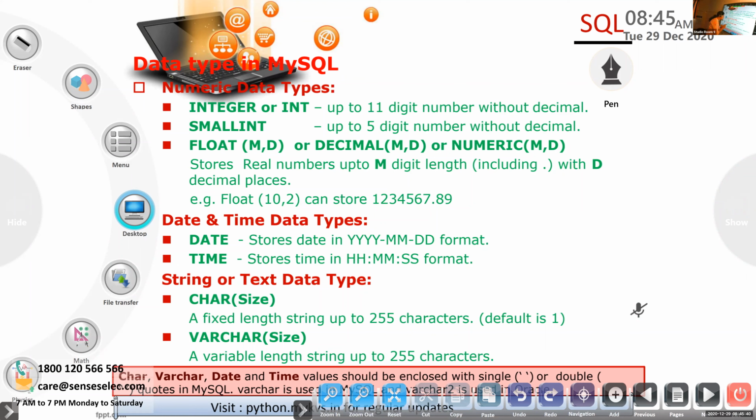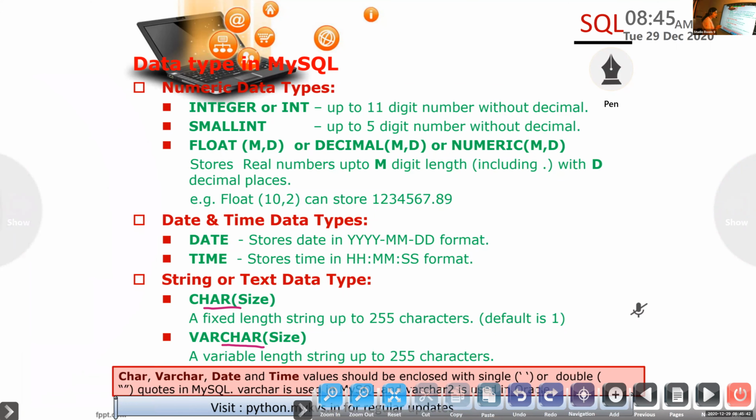Either you can use char or you can use varchar, isn't it? And the speciality is that char, varchar, date and time values should be enclosed in quotes. It can be a single quote or double quotes. So note it down. Char, varchar, date and time values, you have to enclose in quotes.